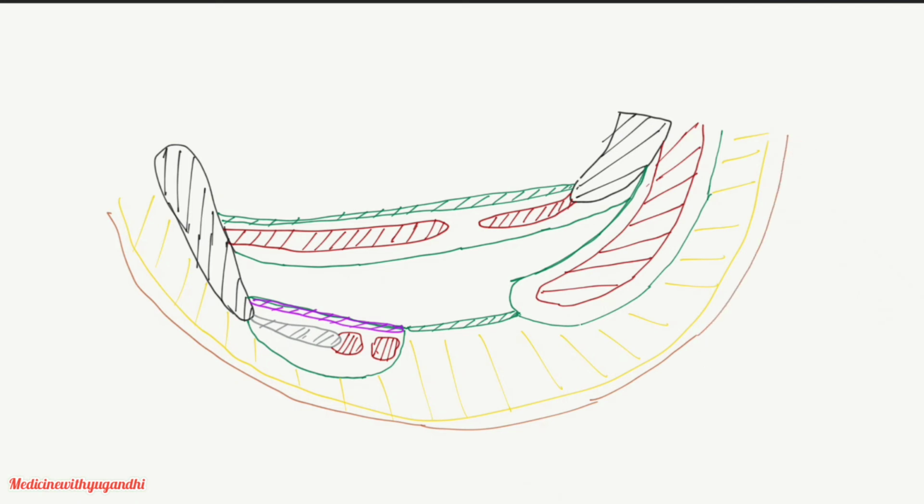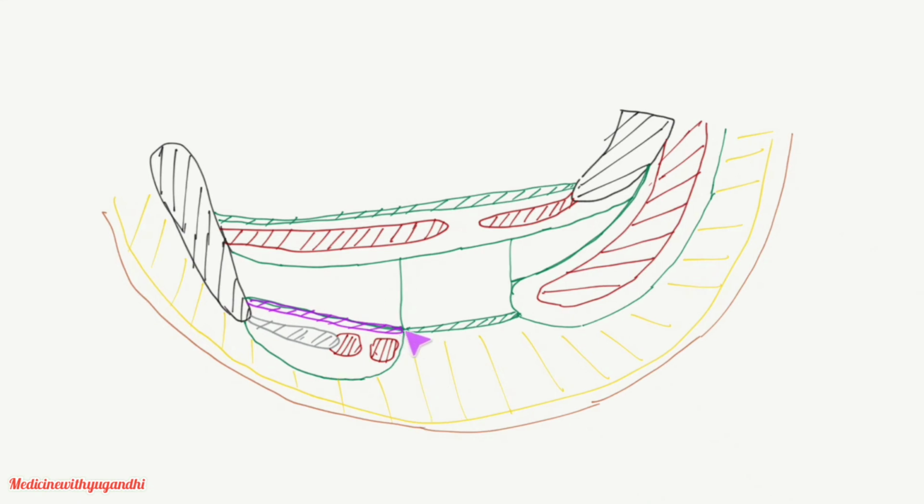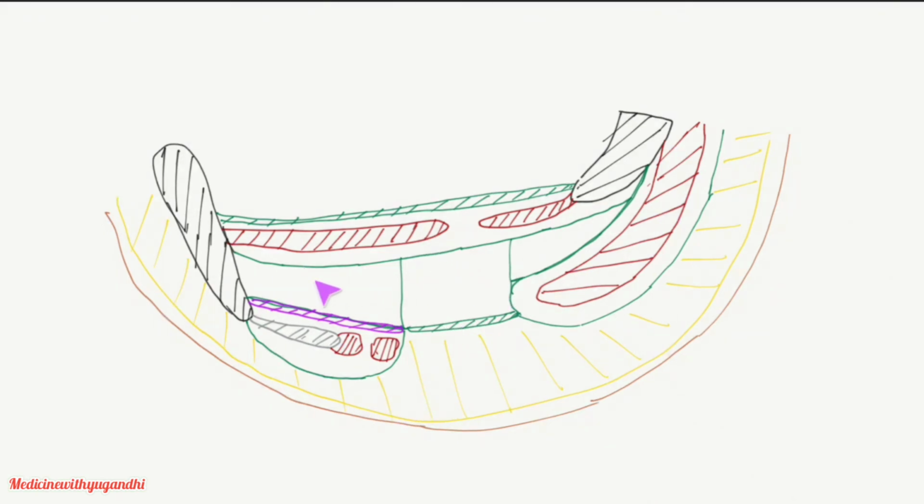Now coming to the recesses of the ischial fossa. Totally there are two septums that extend from the anal fascia to the sacrotuberous ligament and also to the junction between the perineal membrane and the perianal fascia, right? So this is one septum extending from the anal fascia to the sacrotuberous ligament, and this is the other septum extending from the anal fascia to the junction between the perianal fascia and the perineal membrane, right? So these two septums divide the ischial fossa into three recesses, namely the posterior recess, the main part of the ischial fossa, and the anterior recess. So this recess is called the anterior recess of the ischial fossa.